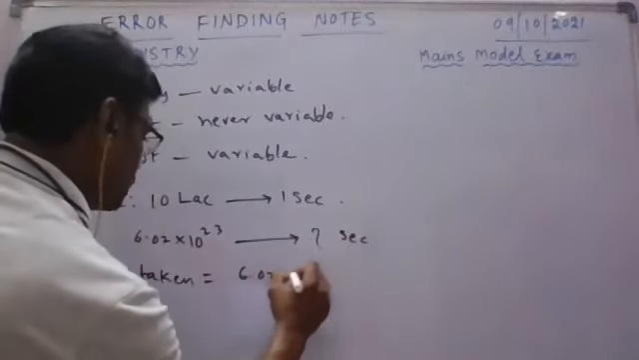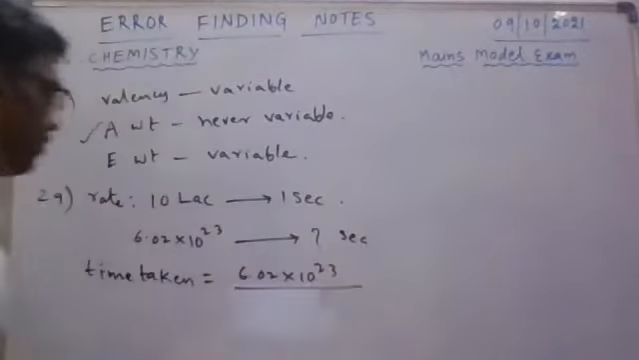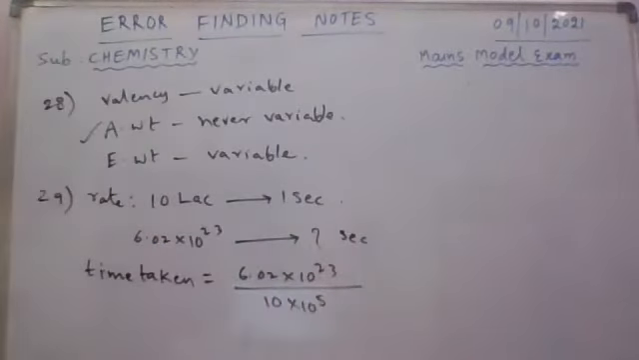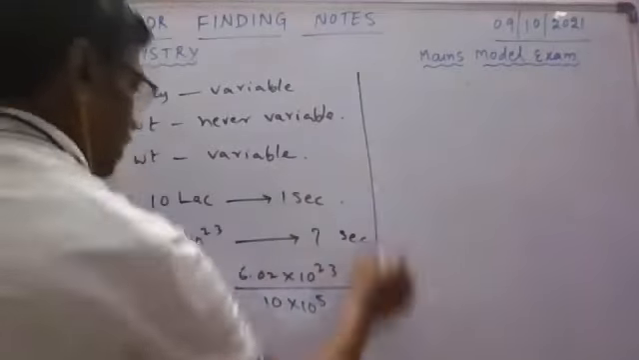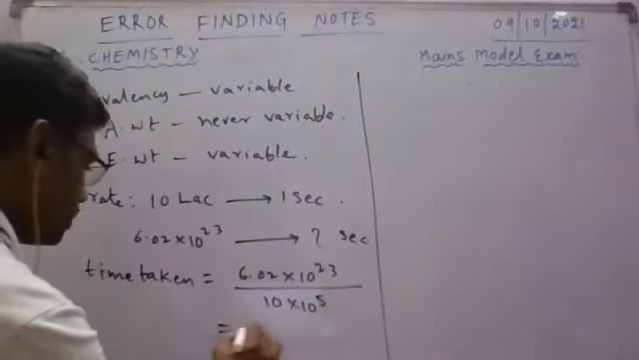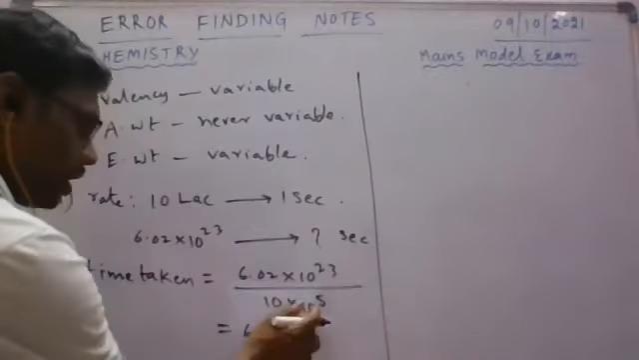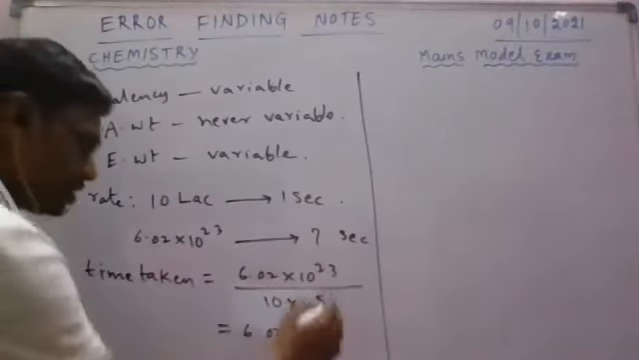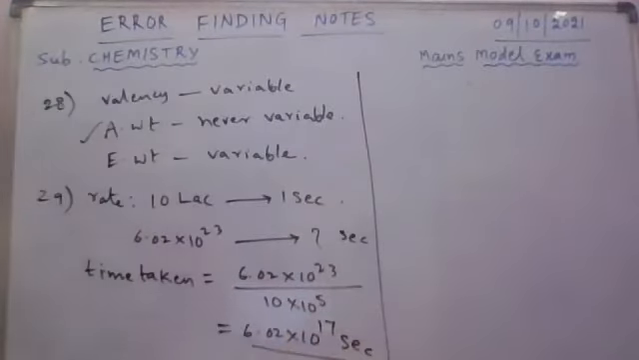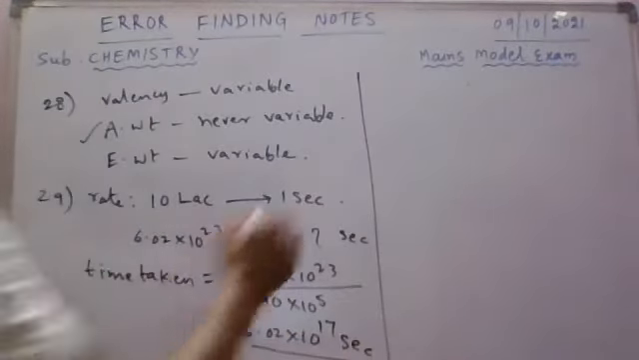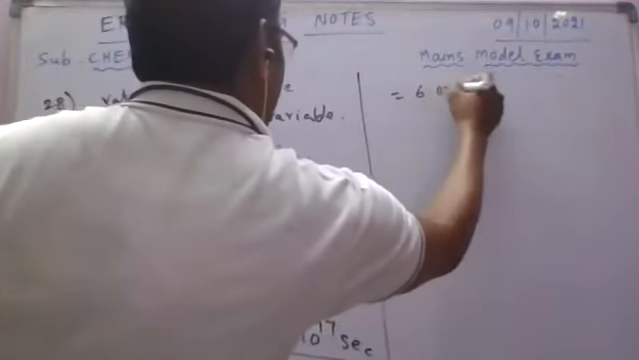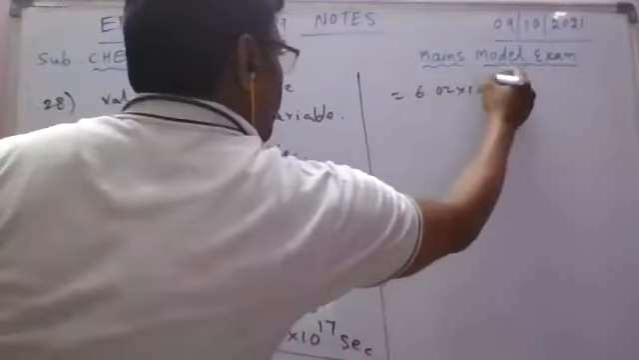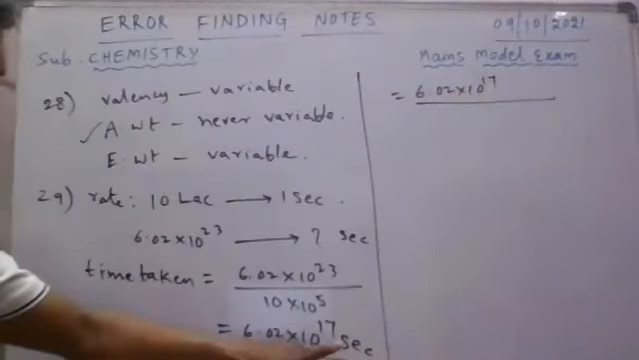is equal to 6.02 into 10 to the power 23 divided by 10 lakh. 10 lakh means 10 into 10 to the power 5. That is equal to 6.02 into 10 to the power plus 6, come to numerator, minus 6 plus 23 minus 6, here plus 17 seconds. But the question is time required in years. So here 6.02 into 10 to the power 17 divided by seconds,